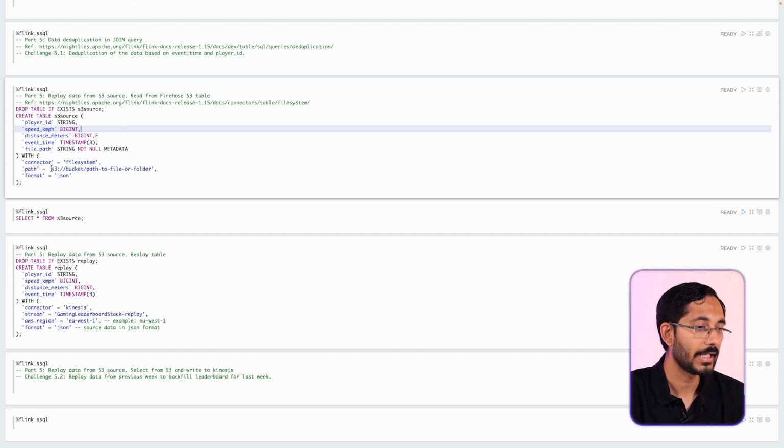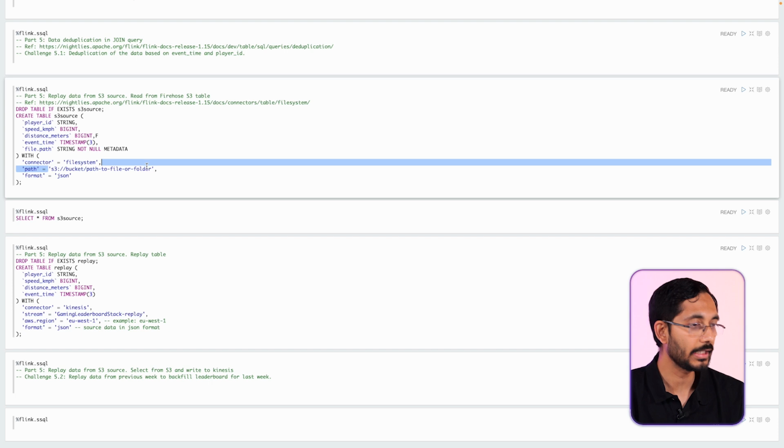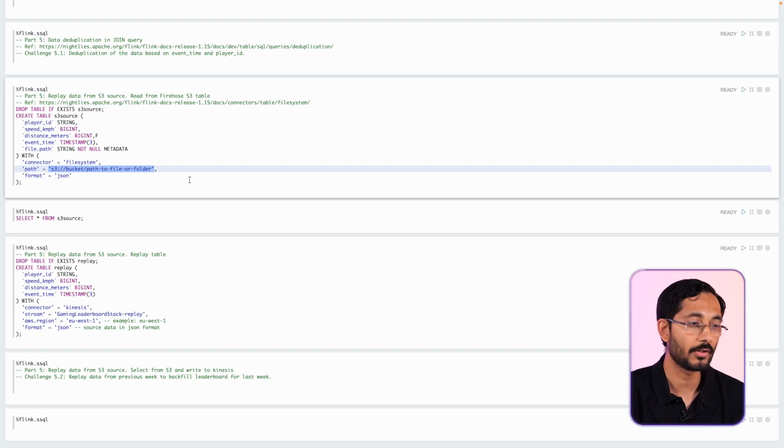You can use any S3 path here, which could be at bucket level, year, month, day, or even the file level. Format will be JSON. You can use the query select star from S3 source to validate that you can read the data from the S3 folder. This is the path where Firehose is going to dump the data.